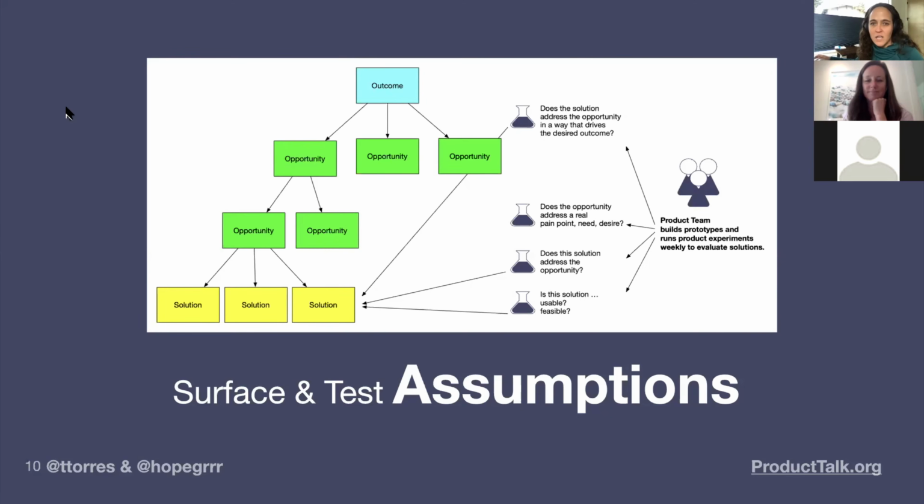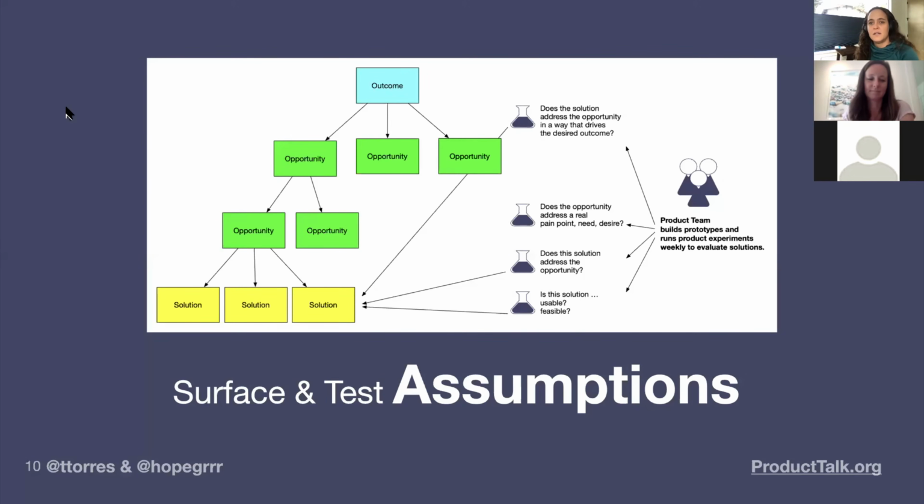All right, we dove into a lot already on this topic, which I love, but let's turn to Melissa. Melissa, what kind of questions are we getting? Sure. So one of the questions we had was about the difference between a good assumption and a good hypothesis. Could you kind of clarify between those two points?